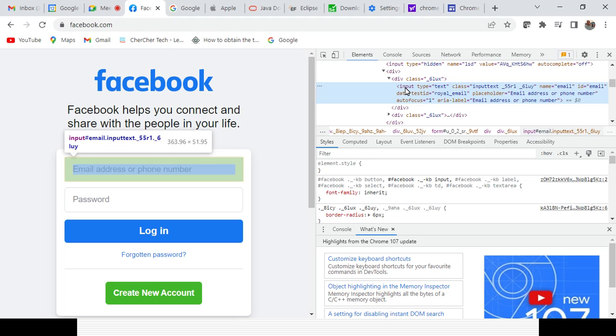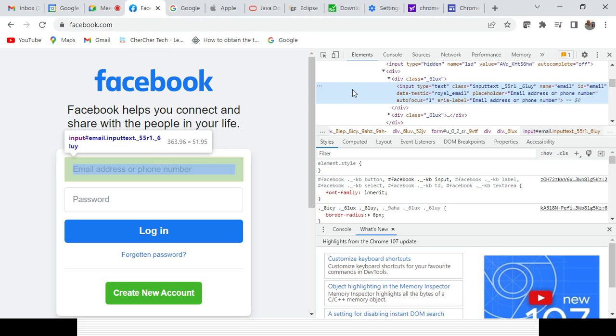So what does this tag signify? From the tag itself, without knowing the element, any blind person can tell what the element type is. So input means it can be either an input text field, a radio button, a checkbox, like that, right? So that is the thing. Then type equal to text means it is a text box. Then these are the properties of the attribute, right? Classes, name, id, but you should find out these uniquely, so that you will be able to do it, right? So name and id are element locators, right?